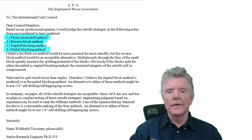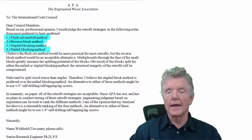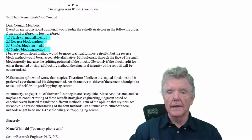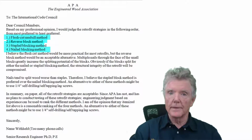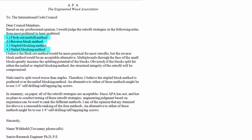And then he talked about the blocking. He said that the stapled block would be better because they would not split as easily. And then we also have the nailed blocking method. That is the least preferred because of the splitting problem that we just looked at. Now it's important to also look at what he also said here, and this is also something that we will do: an alternative to either of these methods might be to use 1/4 inch self-drilling, self-tapping lag screws,